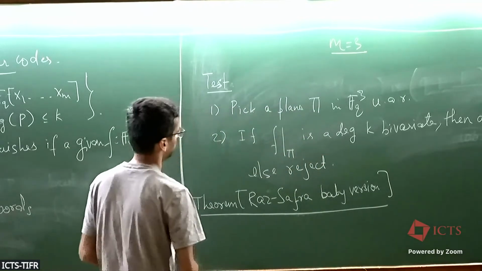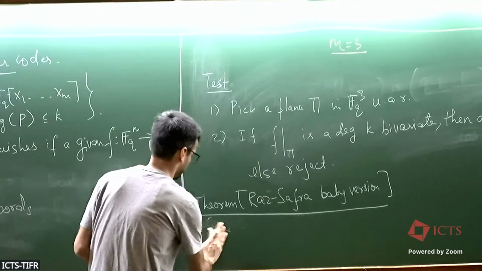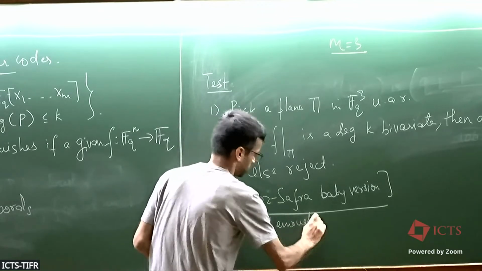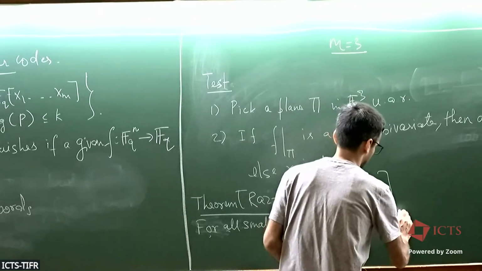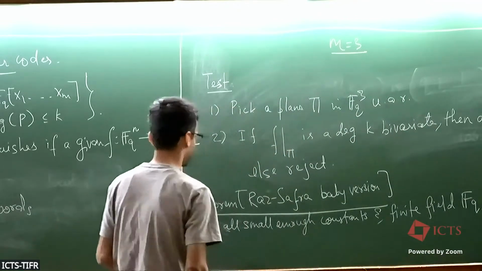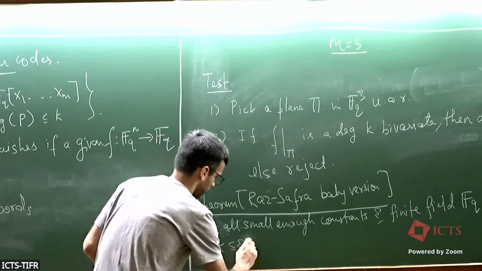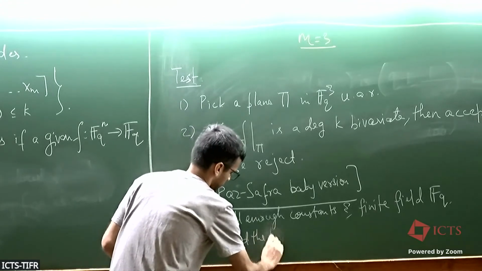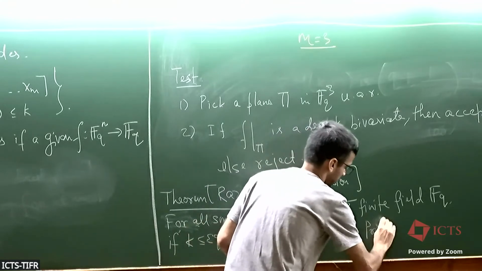In this setting, it will say something like this: for all small enough constants epsilon and finite field F_q, if k is at most epsilon q, and the test passes with probability 1 minus epsilon,